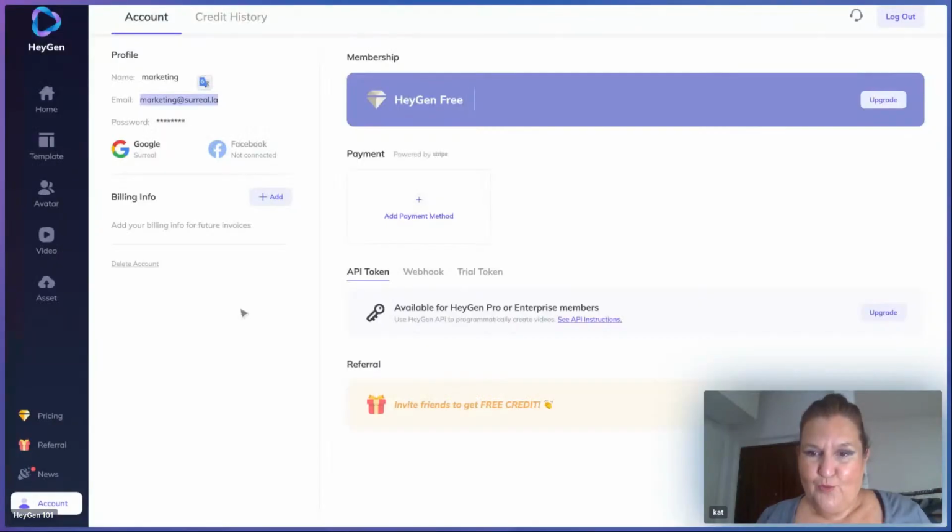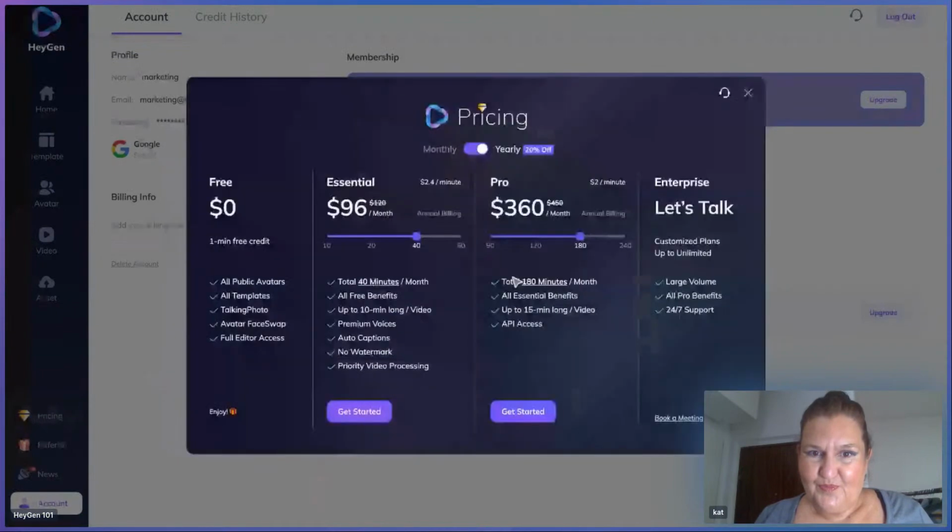Sure. Yeah. So probably I can pull up the screen share again. Sorry, one sec. Okay. So we have the pricing tier over here. The starting plan actually started with $24 per month if we purchase annually. For monthly, it's gonna be $30 per month. So the way we are positioning the pricing model is that we only charge by minutes. So basically, for every single minute you render, we charge somewhere between $2 to $3. That's how it looks like.